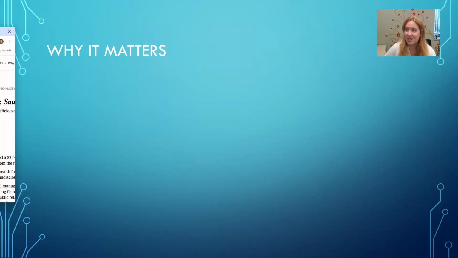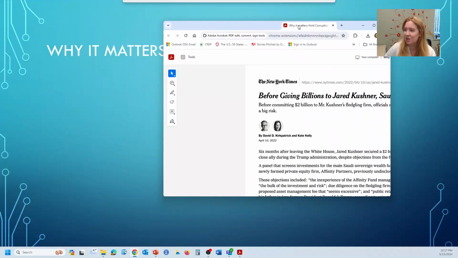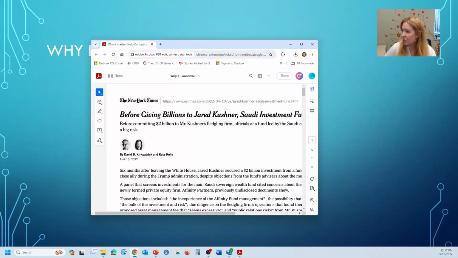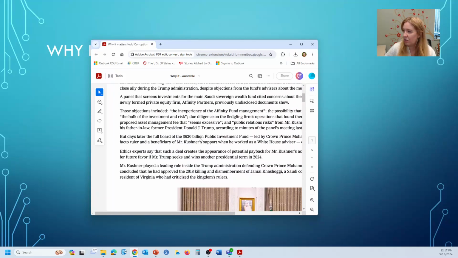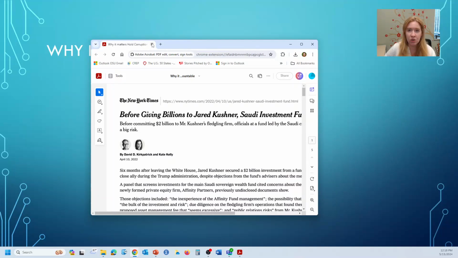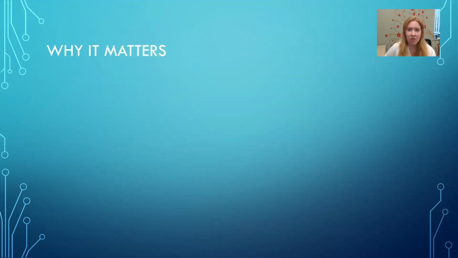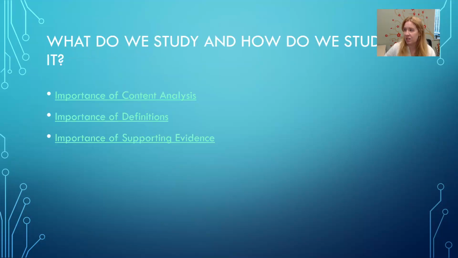I'm just showing you these as examples of some of the many topics that we're talking about. Another example, the media is important for holding public figures accountable. A lot of politicians, for example, are receiving tons of money from foreign governments, and we need to know about that. So those are some examples of the importance of studying the social sciences and media and the effects that those have. I wanted to also share with you some examples of how we do it.